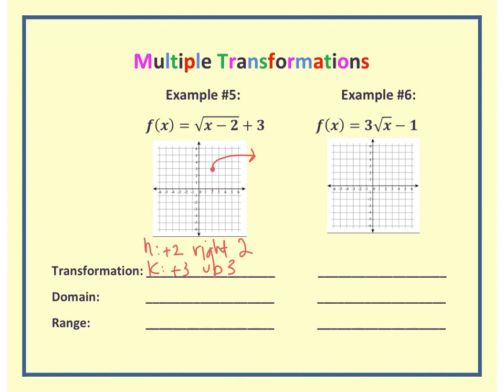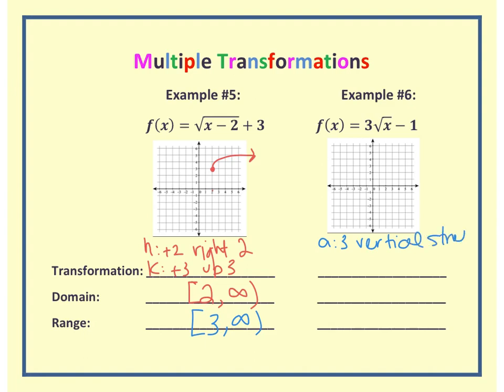So my domain, what's my lowest x value? The answer is 2. Highest x value, infinity. Now try the range on your own. The range is going to be 3 to infinity. Okay. The next graph, my a value is 3, so it has a vertical stretch